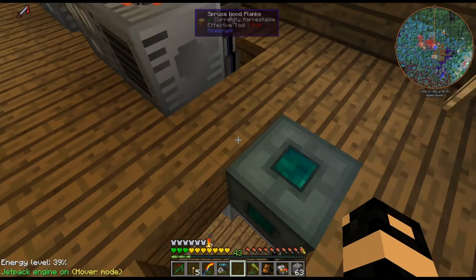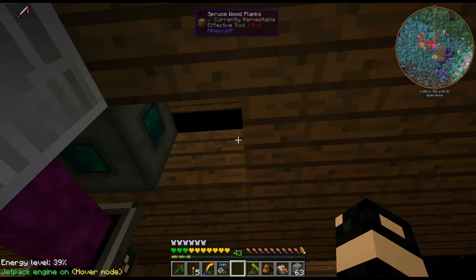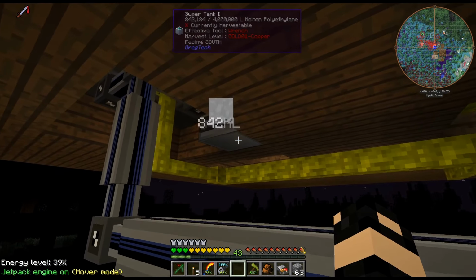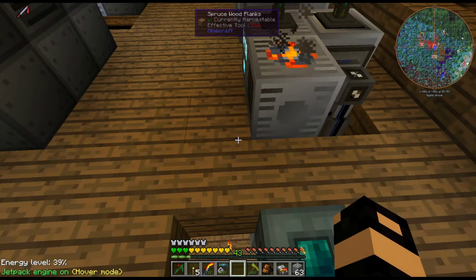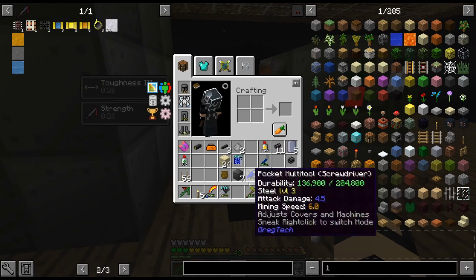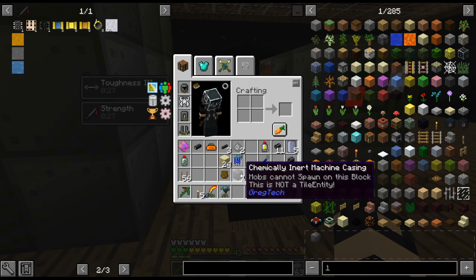So once the tank underneath fills up, we will be good. It's just filling that up, running permanently at the moment, so it's going through the oxygen really quick. But yeah, so I'm putting together this one, and I got to figure out how I want to go about doing this,